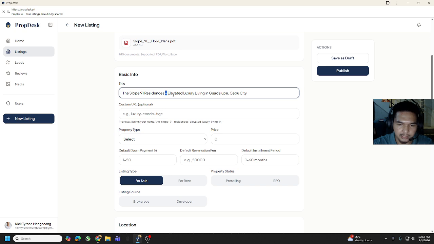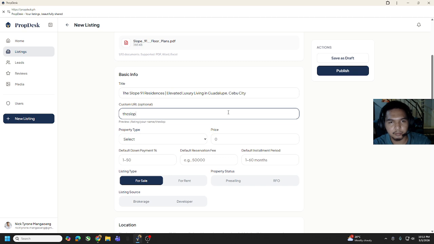I don't use dashes on my listings, so for overall continuity, I'll just use that. Then this is the URL. You can customize the URL, which is optional, but it's better if you can customize it so you can easily remember it when sharing it with clients.